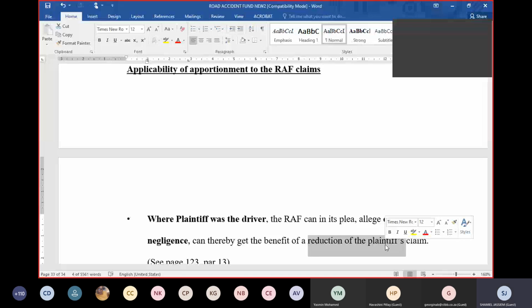Am I before the court? Am I part of this proceedings? The RAF waived you in terms of Rule 13. Correct. What must happen? The RAF can send a notice, absolutely correct. The RAF can send a notice in terms of Section 2.2, read with Rule 13, if you're in the High Court, to me, because I'm not part of the proceedings, they can